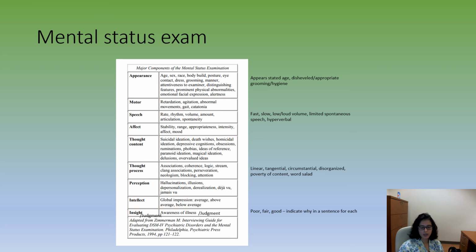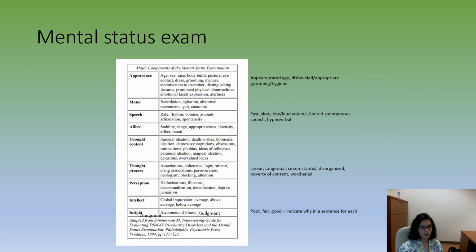So these are some of the basic sections of the mental status exam, although some templates might include it slightly differently. So the first is appearance. Those listed there are some of the things you might assess for. When I'm writing a note, I'll indicate whether they appear their stated age, younger or older than stated age, and I'll comment on grooming and hygiene, whether they're disheveled or appropriate. You can also comment on eye contact, what they're dressed in, whether it's hospital attire or casual attire,